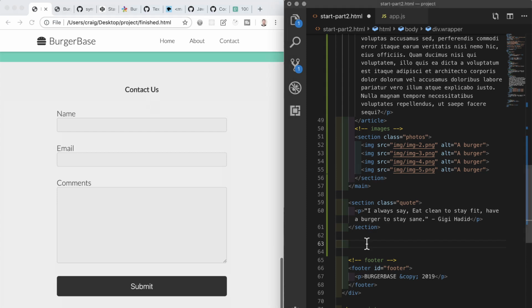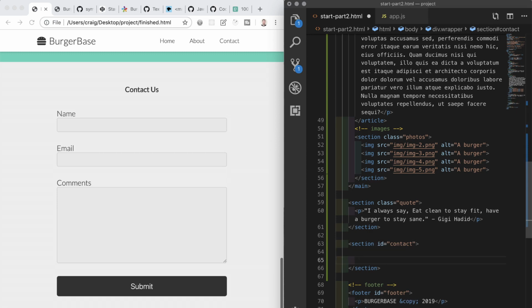So I'll start by going above the footer and under our second quote, and I'll make some space. Now using Emmet to create a section with the ID of section#contact, and I'll create some space inside. And let's not forget that this ID enables us to internally link to this section of the page from the